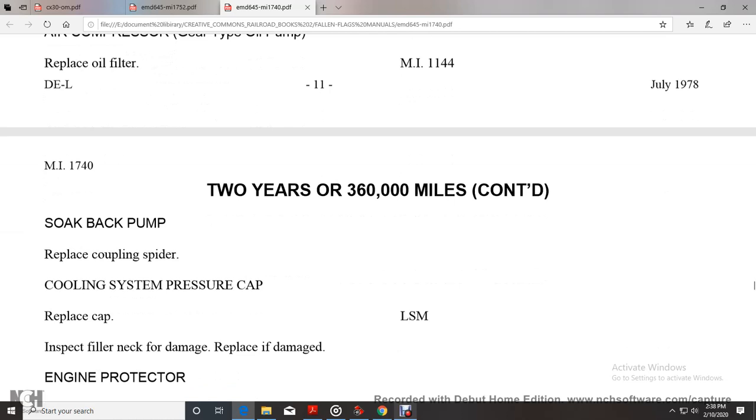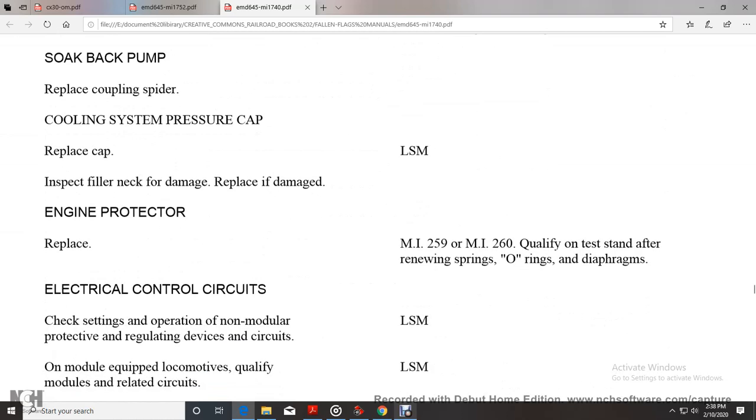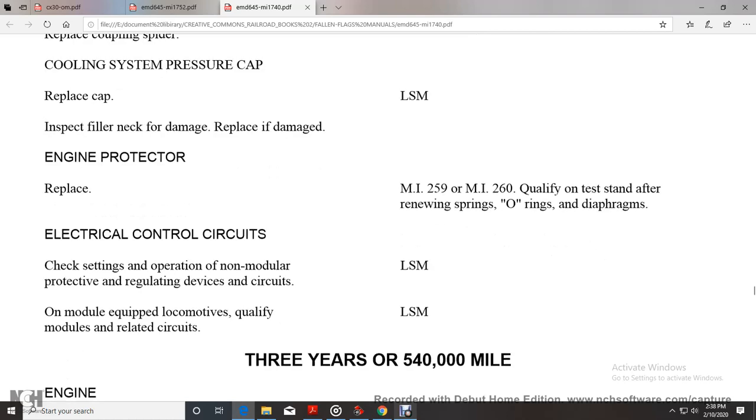Replace coupling spire, cooling system pressure cap. Replace the cap per the locomotive manual. Inspect the filler neck for damage. Replace the damaged engine protector. Replace, per maintenance instructions 259 and 260, and qualify with the test standard after renewing the springs, O-rings, and diaphragms. Electrical control circuit for the chain of the setting for the operation, non-modular protective with